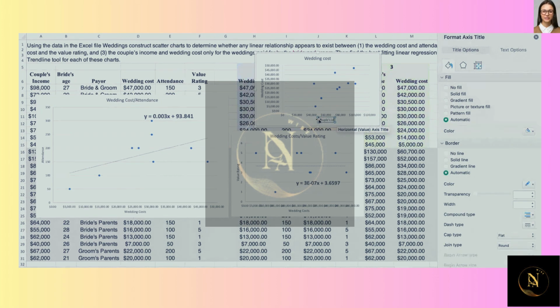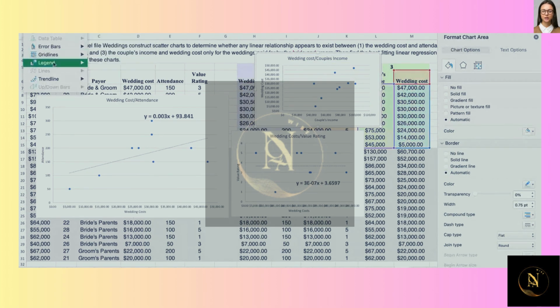And then if I was to enter a trend line in for this one,